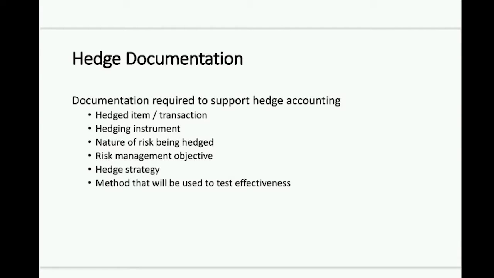And then finally, what method are you going to use to be able to determine the effectiveness of the hedge that you have created? So you'll see a little bit later in this presentation that I'll come back to updated elements that speak to not just the hedged item, the hedging instruments, and what we need to have in our hedge documentation. What we have currently discussed is the primary requirements in terms of IAS 39. So you should have a clear ability to then contrast the new requirements versus what is currently the case.